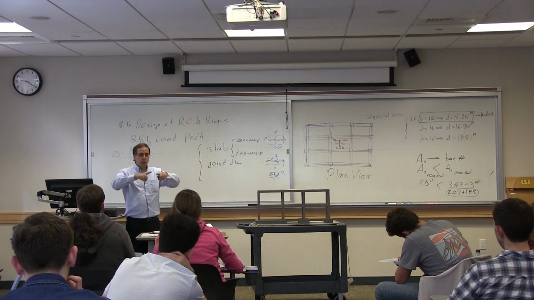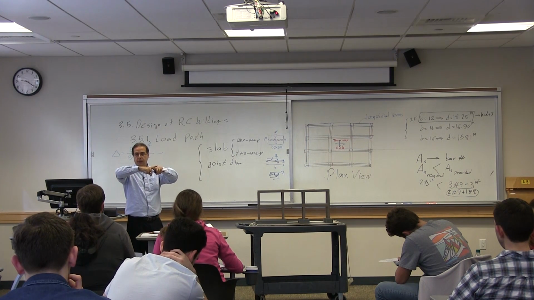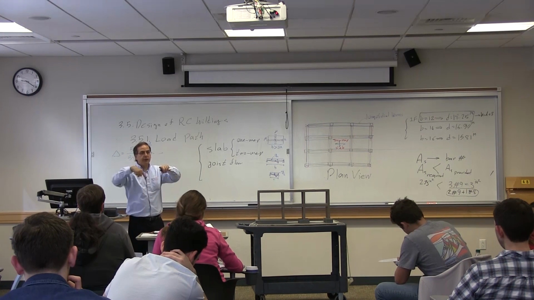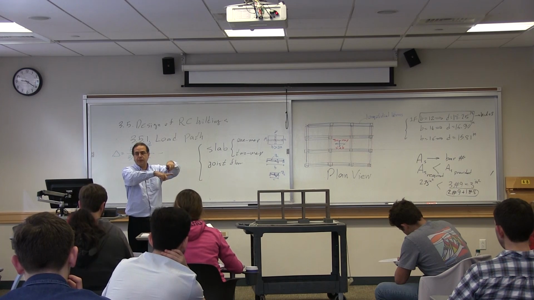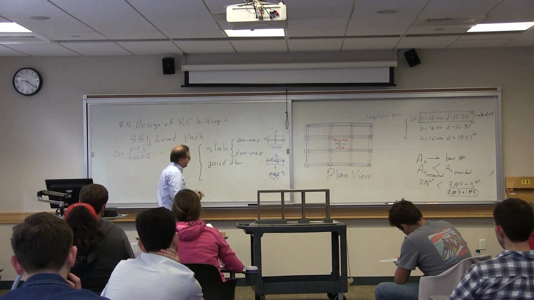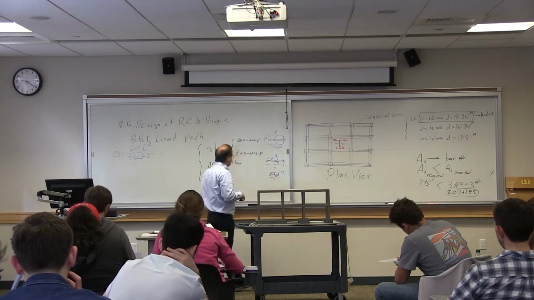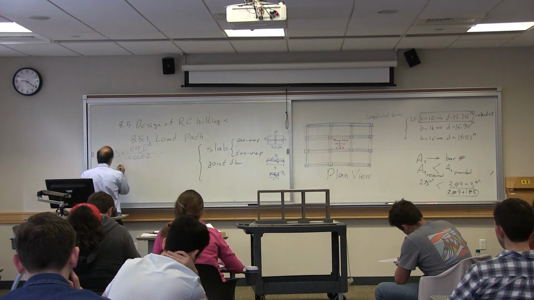Compatibility. The two deflections need to be compatible. You cannot have one deflecting more and the other one deflecting less. These two deflections are not compatible. So the continuity and compatibility says that these two deflections need to be equal. Therefore,